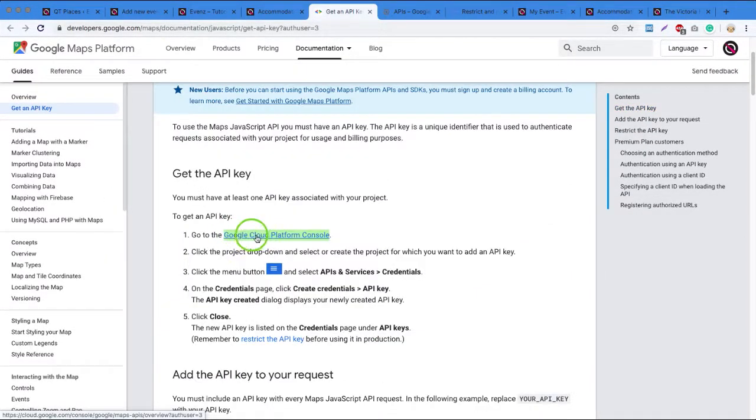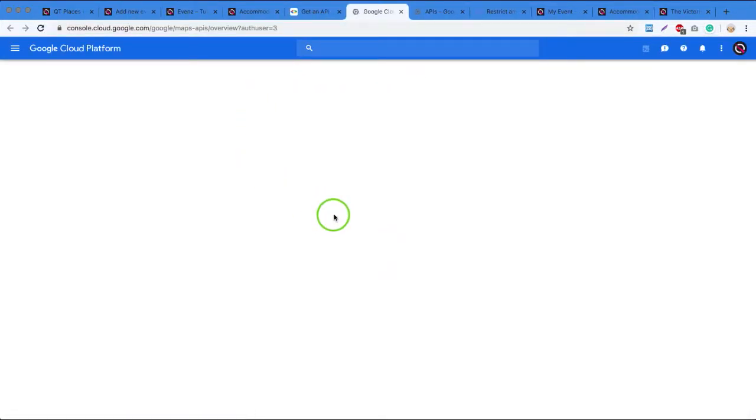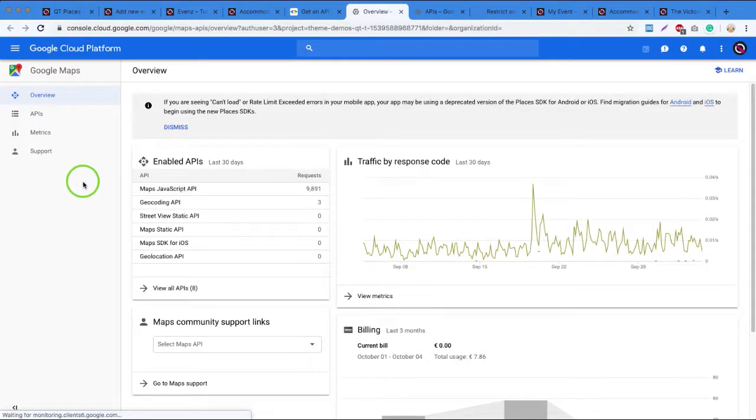Once you are on this page, you can go to the Google Cloud Platform console. Here you can enable an endless amount of APIs. We are just using now, as you can see, the Maps JavaScript API and the Geocoding API. The Geocoding, you can see, only has 3 calls because it is used only when you give your address a request to extract the coordinates, and then our software will store the coordinates for any further display of